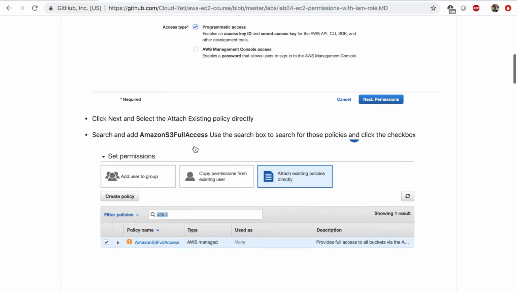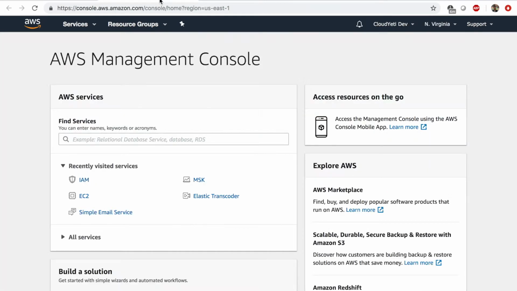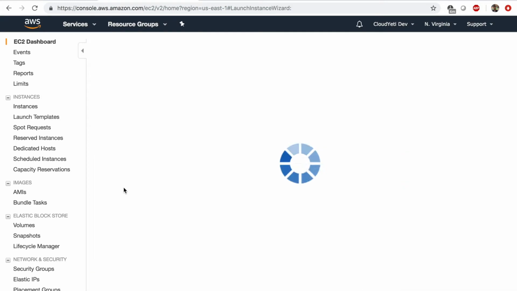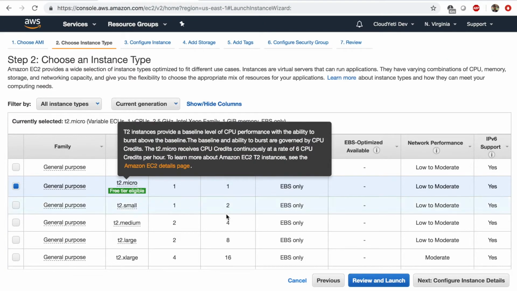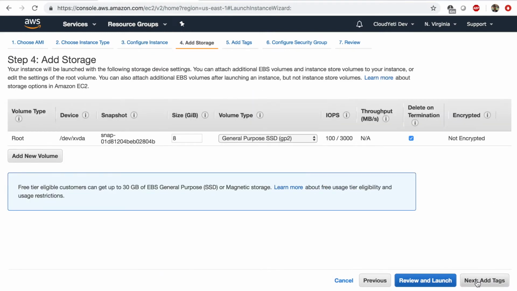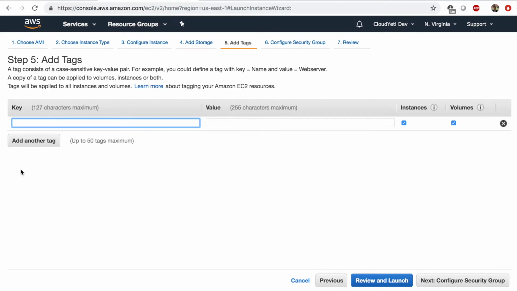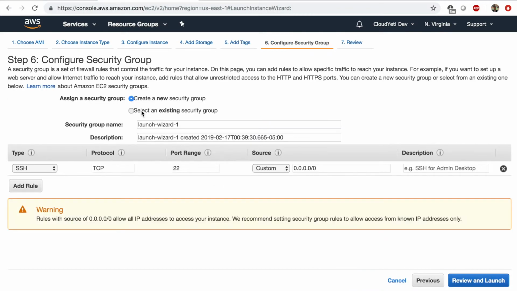So the next step will be to launch an EC2 instance. So I'm going to go to my EC2 dashboard and launch instance and select the Amazon Linux AMI. Go with the T2 micro, everything default in here, everything default here, and name it access keys test or something, and say next. Security group can be the existing